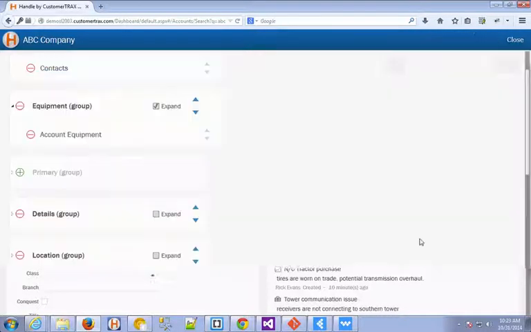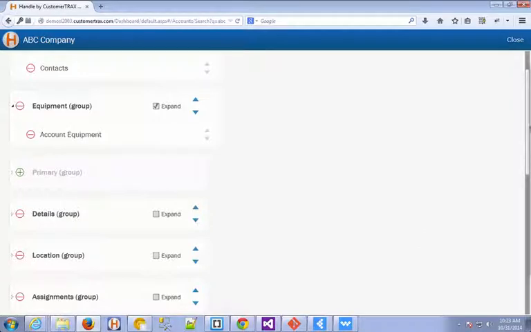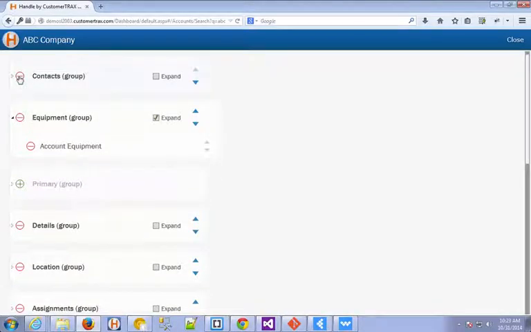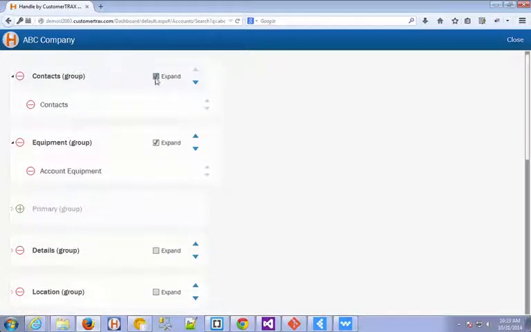From there it's a pretty standard layout changer that you'll see in most systems, where over on the left you can either hide or show different sections. When you've got them displayed, you have the option to have them expanded by default, so that they'll actually open up and you'll see all the options there. And then you can certainly move them up and down in the groupings if you want. So again, you have the ability to hide them, expand them, and move them around.